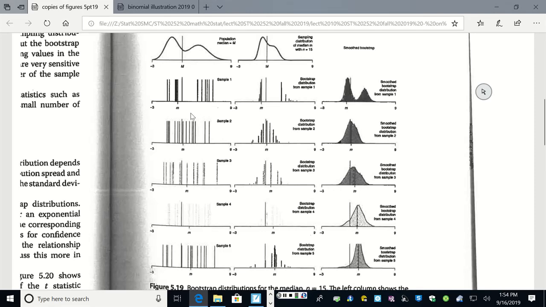So if you could take thousands and thousands of samples of size 15 from this, the median distribution would look like that. It'd be more smooth, because you would get thousands of samples, and there are tons and tons of different possible values you could get here. So you'd get a nice, smooth sampling distribution. But a bootstrap tries to use these data through resampling to reproduce this, and it has a hard time with the median. The mean works out just fine, right? Because the average